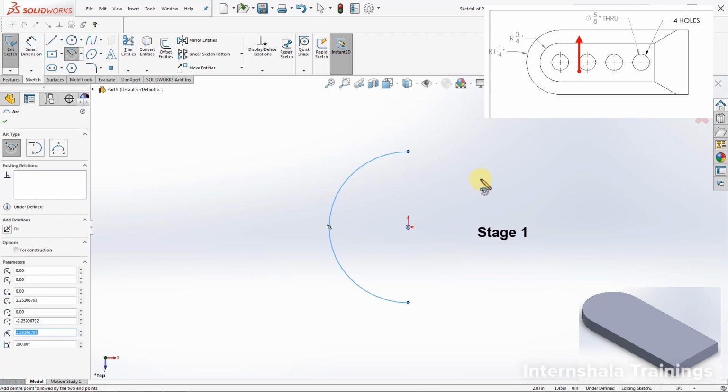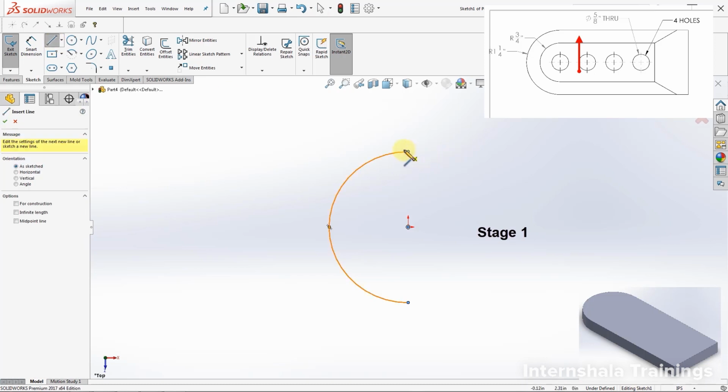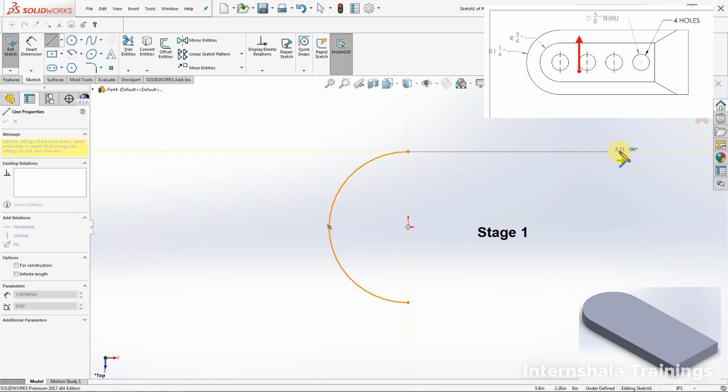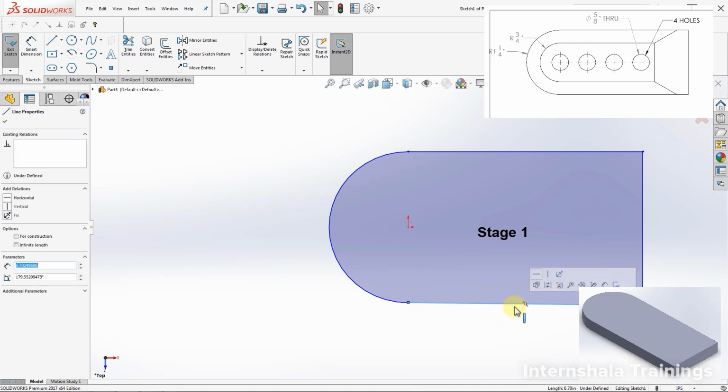And then I'm going to continue that with the rectangle. So I'm going to select the line command from here, and now we have the general shape we want. So now we're going to dimension it. So I'm going to Smart Dimension,